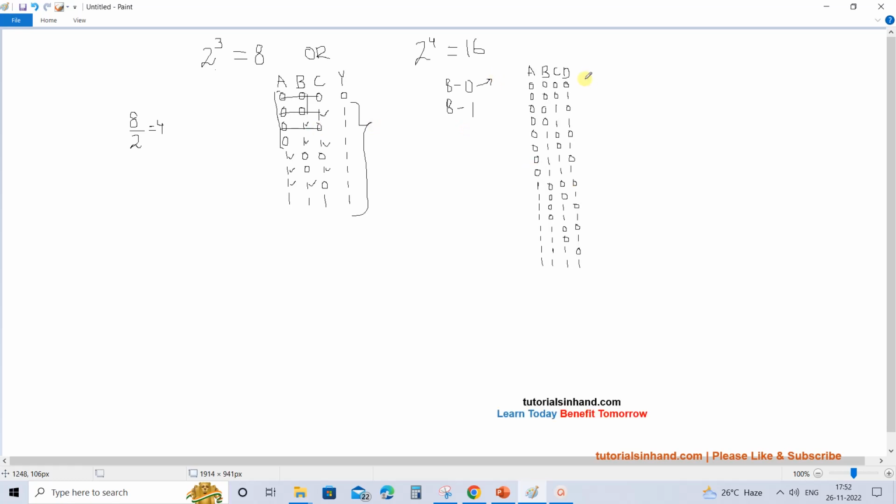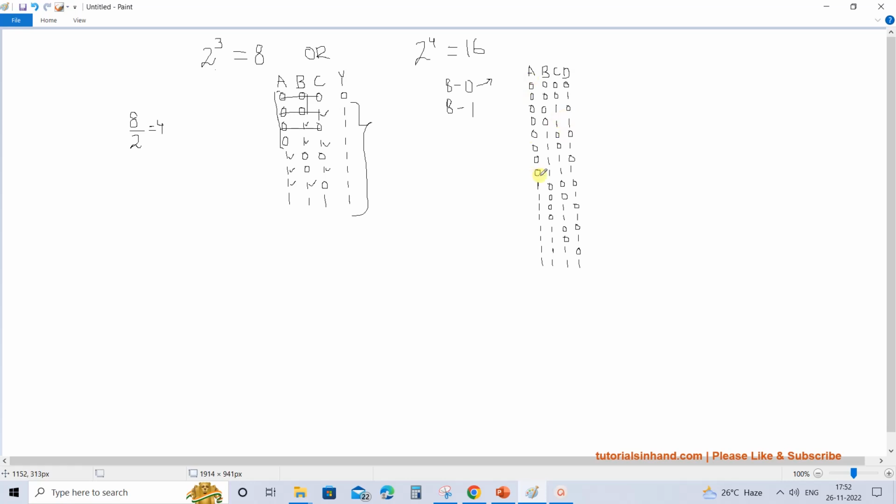So the 4-input combination would look something like this. You will have 8 zeros and 8 ones, and similarly in the second column you will have 4 zeros and 4 ones, 4 zeros and 4 ones. In the third column you will have 2 zeros, 2 ones, 2 zeros, 2 ones, and in the fourth column you will have 0 1 0 1 0 1.